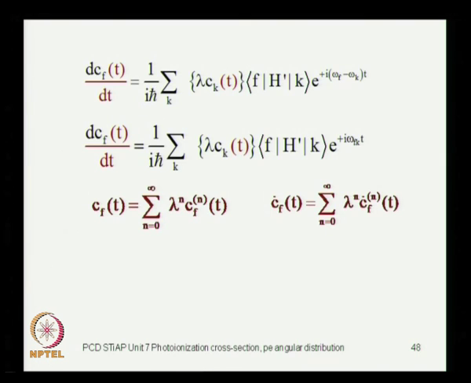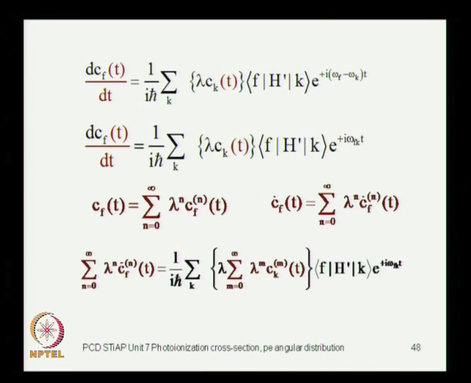So those are the only two conditions of physical importance. So we find what is the rate at which this coefficient changes with time. So you get lambda is an order parameter which is time independent, and you get the time dependent. So the dot represents differentiation with respect to time,